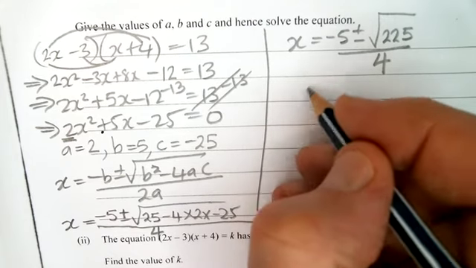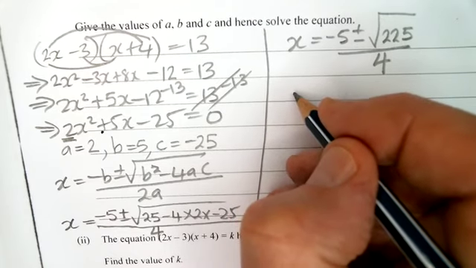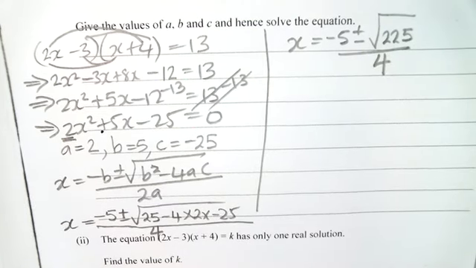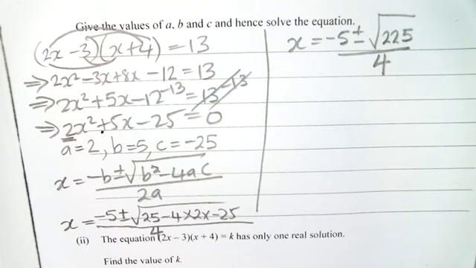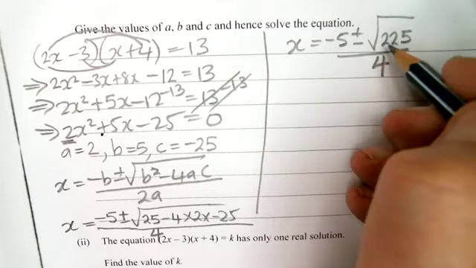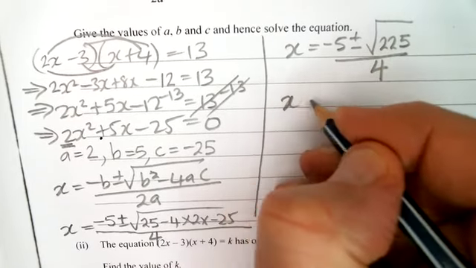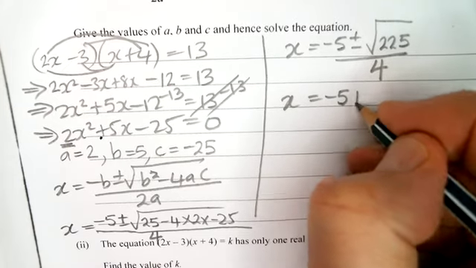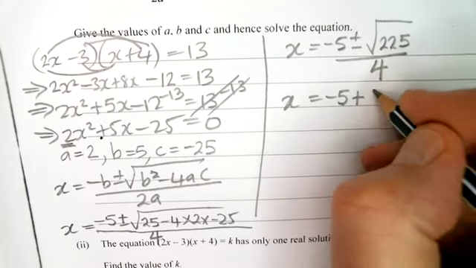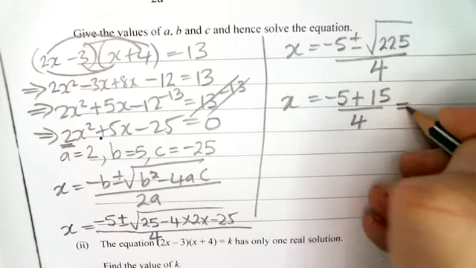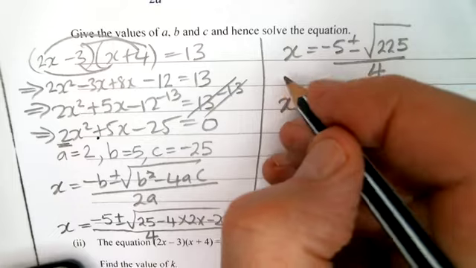Let me just check something. Okay. Well, 4 obviously isn't going to 5. Of course, the square root of 225. So x really is equal to negative 5. Now I'm going to do 2 lots now. Plus, well, root 225 is 15 on 4, which is equal to